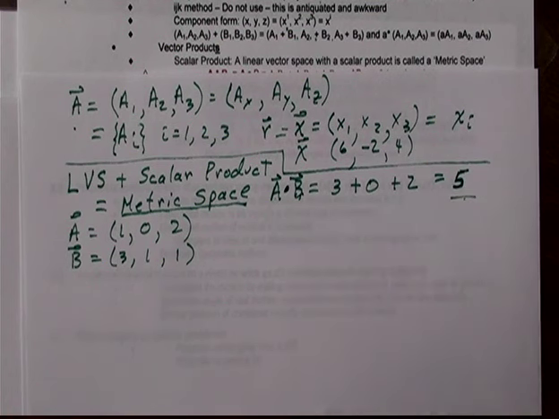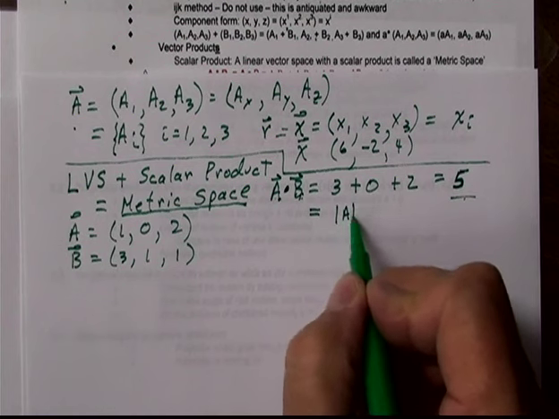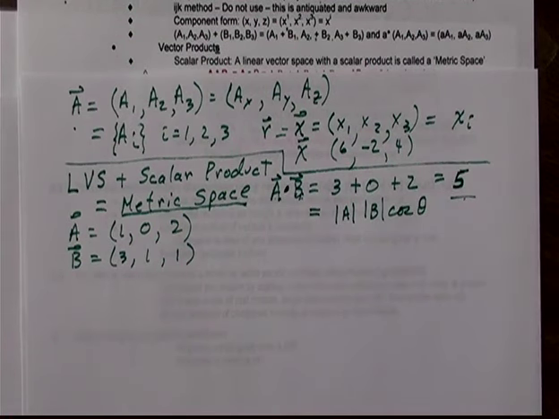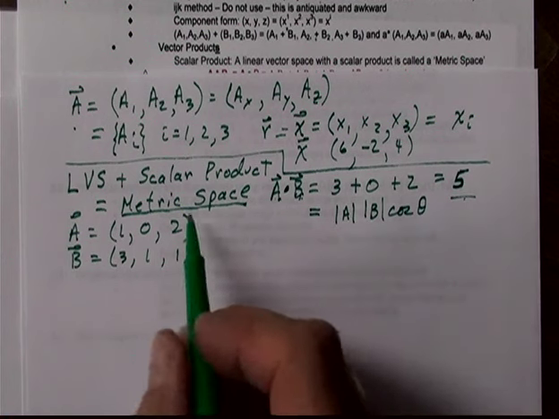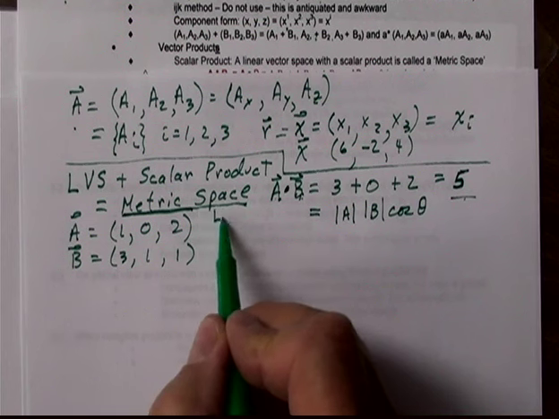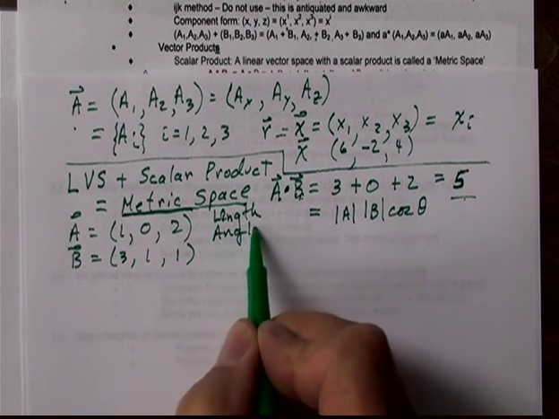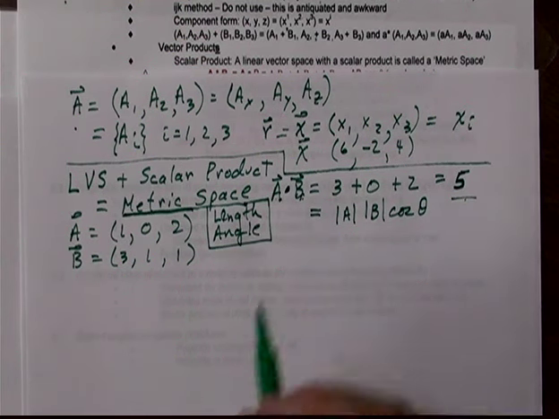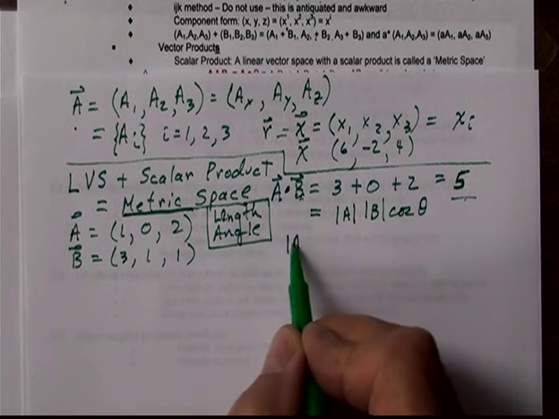Now that we have that, you can say, well, okay, what good is this scalar product? And the answer to that is A dot B is equal to the magnitude of A times the magnitude of B times the cosine of the angle between them. And now you see why this is powerful, because we can use this to find both length and angle. That's why it's called a metric space, because we have length and angle that we can determine from this metric space. And how do we get the length? Well, first of all, let's look at the length of A. It turns out that if we want the length of A, it's defined as